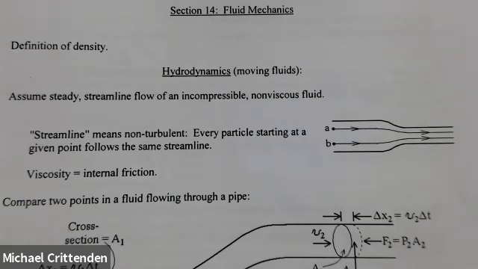Now, fluid mechanics, like mechanics in general, can be divided up into statics and dynamics. Statics is when you're talking about objects that are remaining at rest. Dynamics is stuff that's moving around. Hydrodynamics would be the study of moving fluids. A lot of textbooks do it the other way around. They start with hydrostatics and have hydrodynamics at the end of the chapter. But I kind of like to start with hydrodynamics because then when you want to talk about the static case, you just set the velocity of the fluid equal to 0 and there's your static stuff. Anyhow,